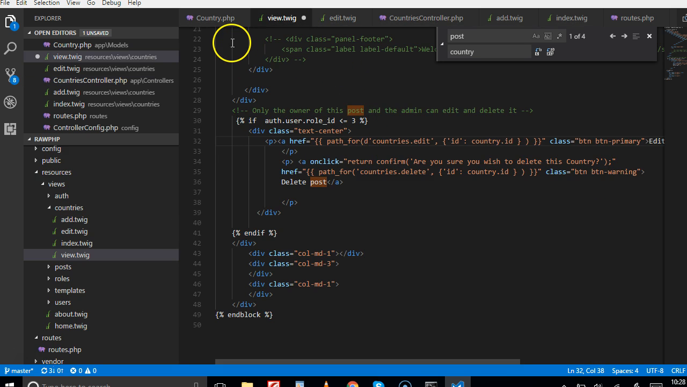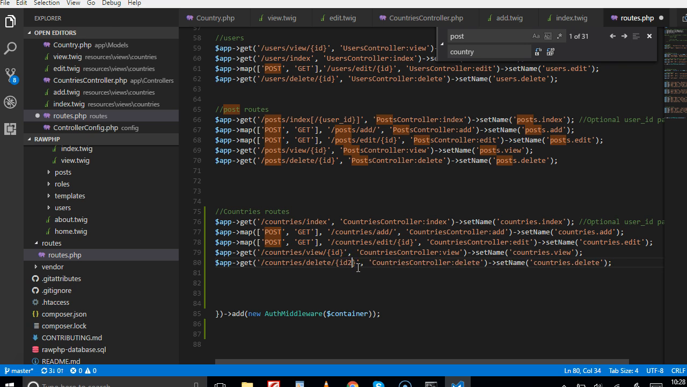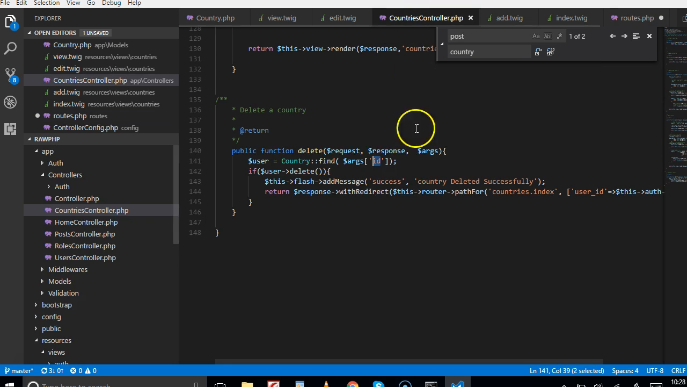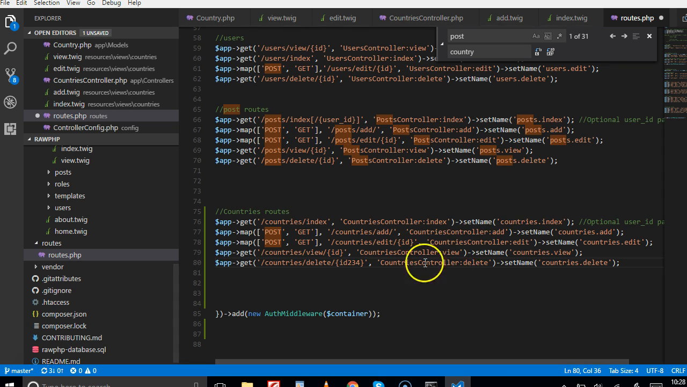Let me save this. So right here is because we called it ID. So if we call this ID 234, what we will have in the countries delete is ID 234. You understand? So that's what we have here, and we're going to change in our route file. We're just going to bring it back to what it was. So from here,